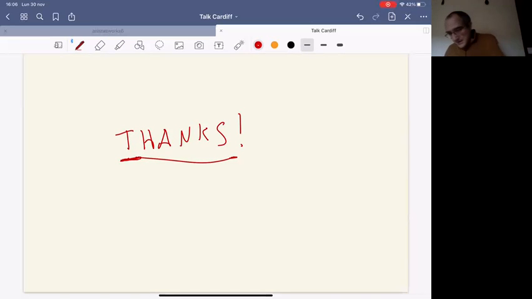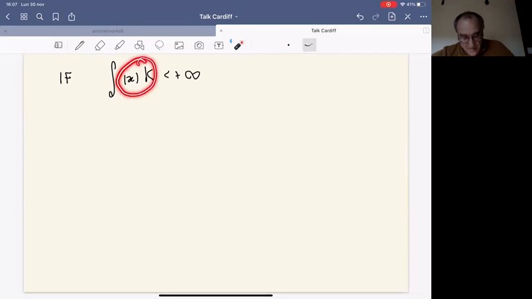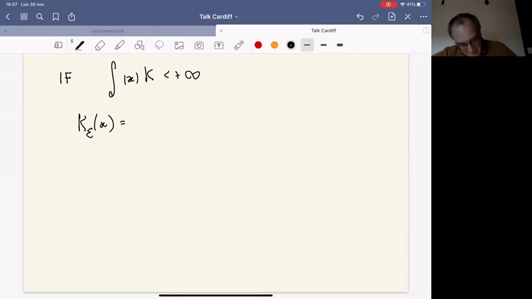Yes, there is something. If you take some kernel which decays fast enough at infinity, so you also add the assumption that, not only do you integrate k, you integrate a little more, because of the modulus of x times k, and then you scale k, for example k epsilon of x, and you have to scale properly, I think it's like k of x divided by epsilon, something like that. I don't know if I'm answering your question.